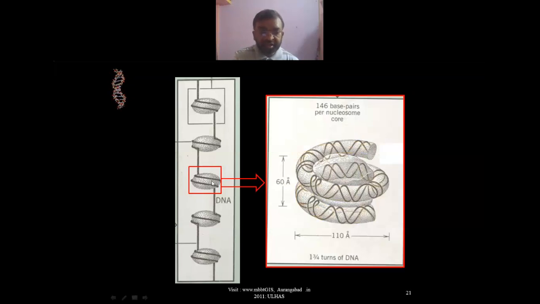Now within that thread also, this is not a typical thread as shown, but it is a super coiled thread. Already you know the DNA structure is a double helix, and this undergoes more winding, which is referred to as coiling. Coiling once again, super coiling, means a condensed structure is present. So this is not a typical thread, it is actually the coiled part.